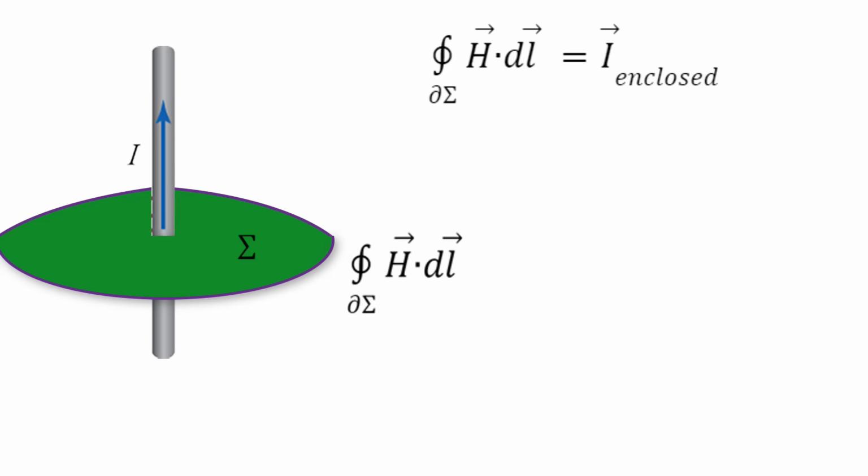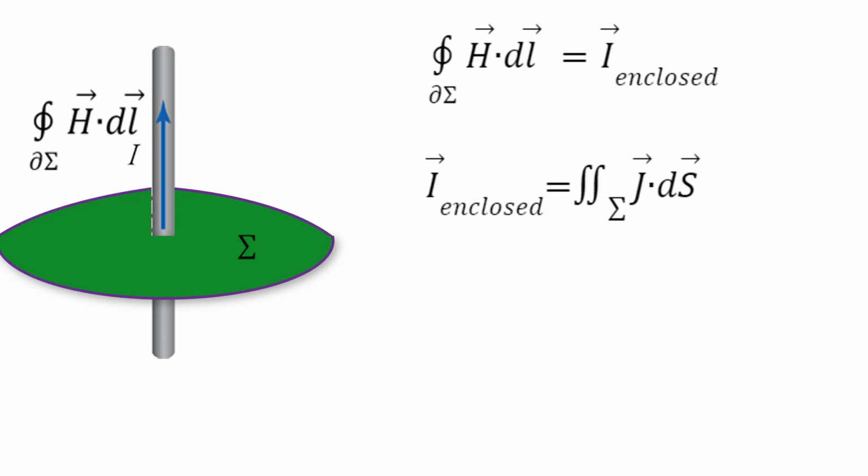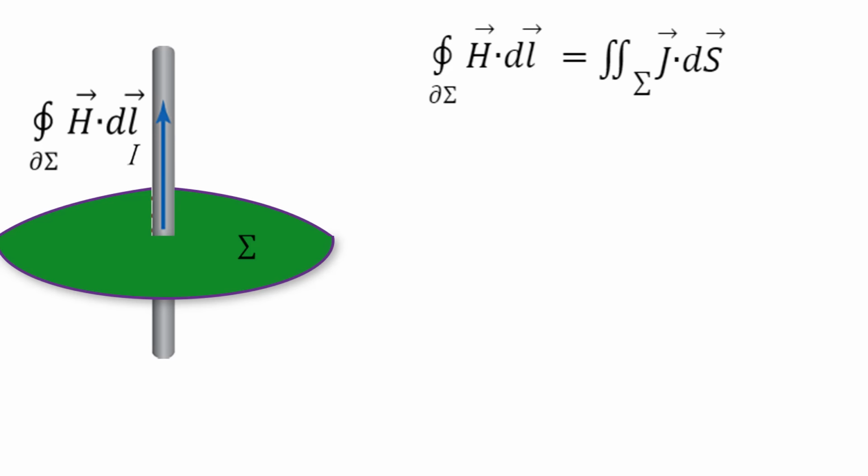Note that for a line L, dl points along the length of the circumference. So as you are talking about the dot product with H, you are measuring how much H points around the circumference. But the current enclosed is the same as the integral of the current per area, J, over the area. So Maxwell was saying that the integral of H dot dl is the same as the integral of J dot ds for the flat surface.